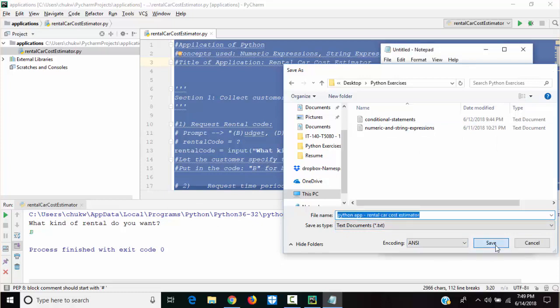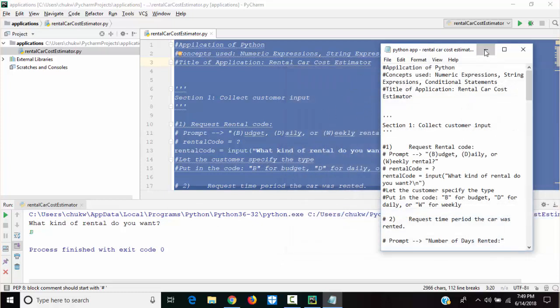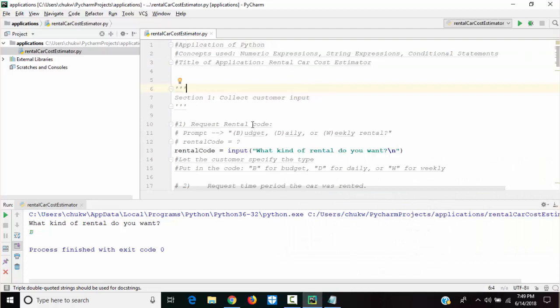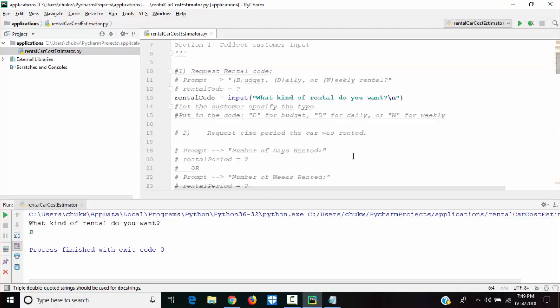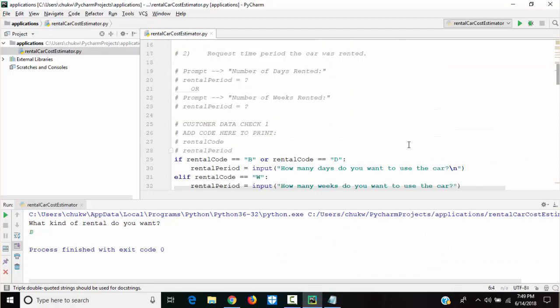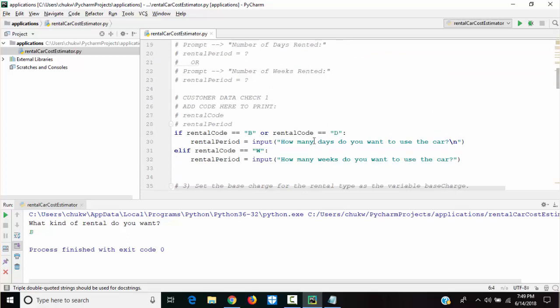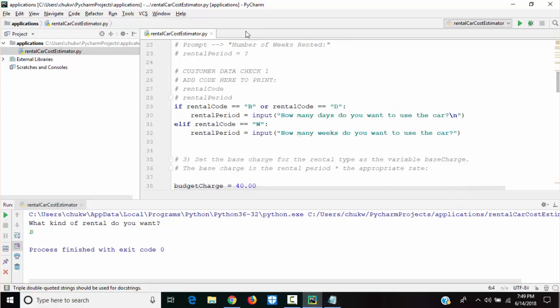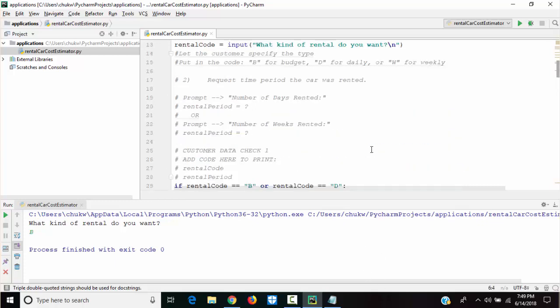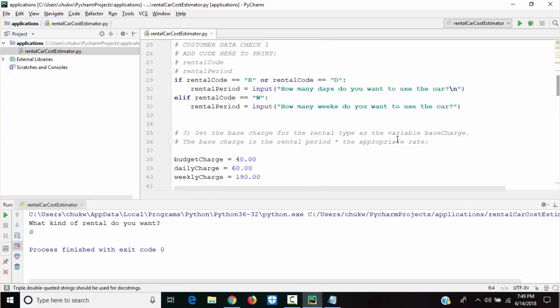Like I said in other videos, if you want this, let me know. It's always good to save your code, and later we'll make sure everything works. I don't want to lose this in case something happens.